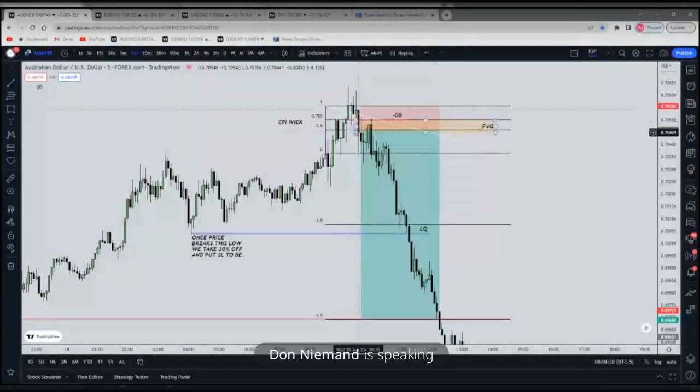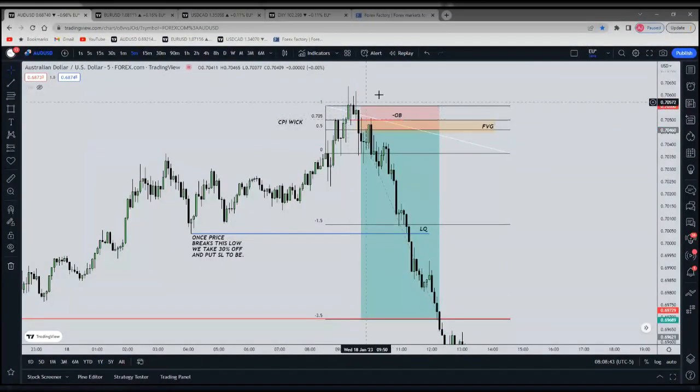This down candle right here, because this down candle validated the order block, but it also validated a shift in market structure. So once we have order block validation and also a shift in market structure, we can start expecting retracements within the range that was created. So I was just using the range of the wick because anything above 50% of this wick is a fair value for sell. So you can see how price came back above the 50% of this wick and started touching this,